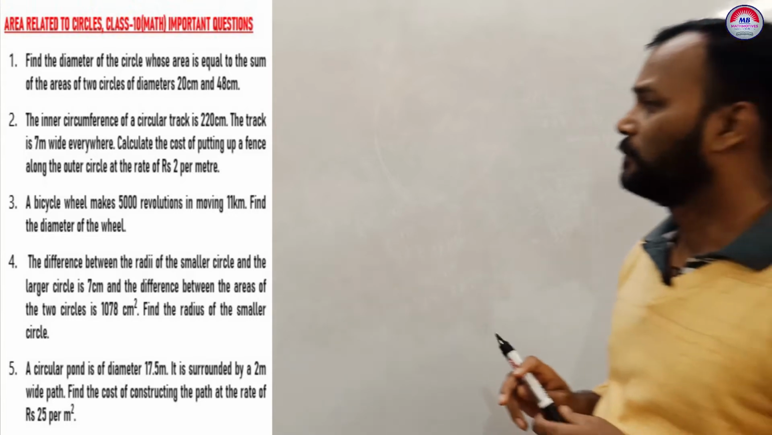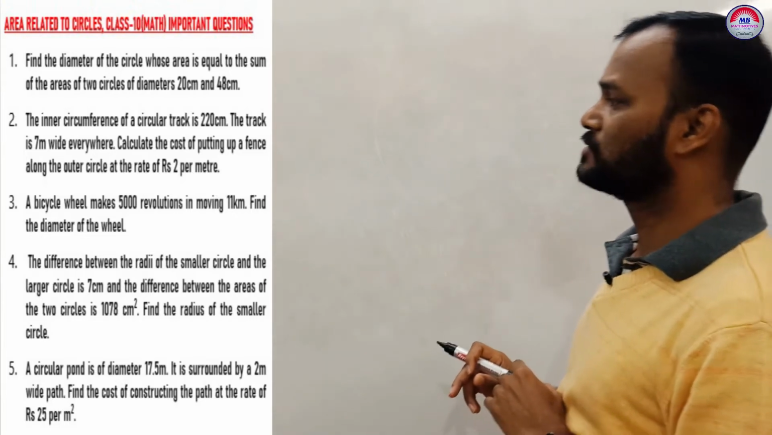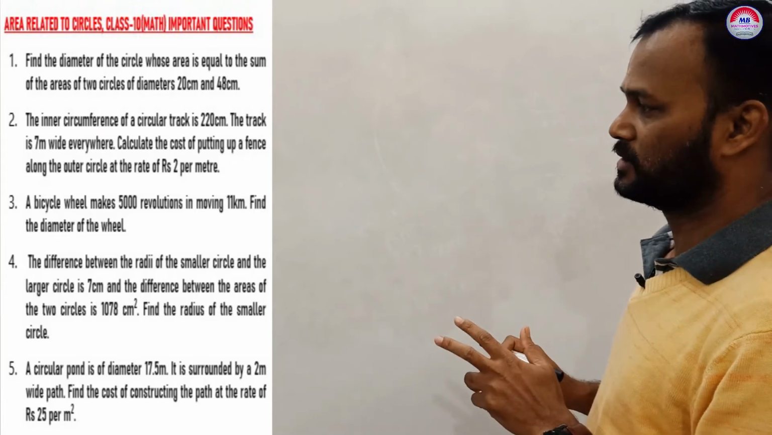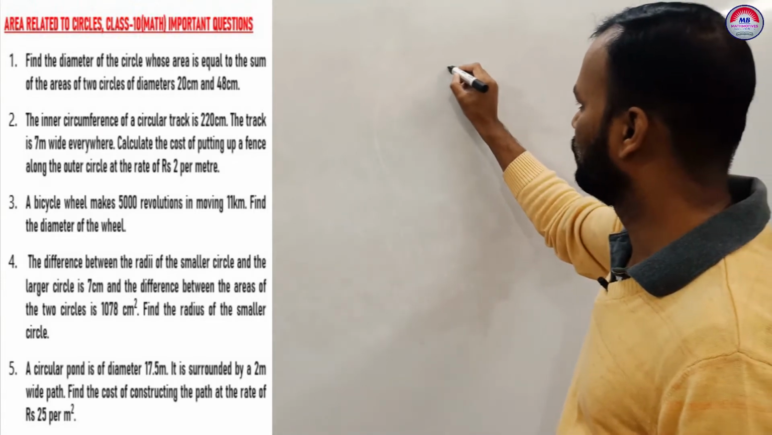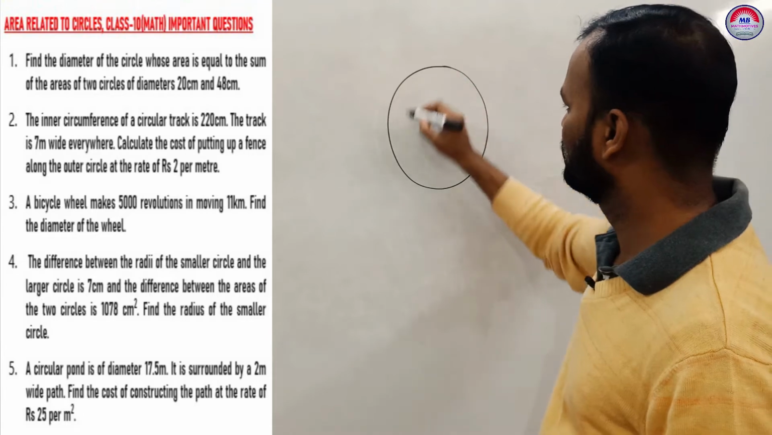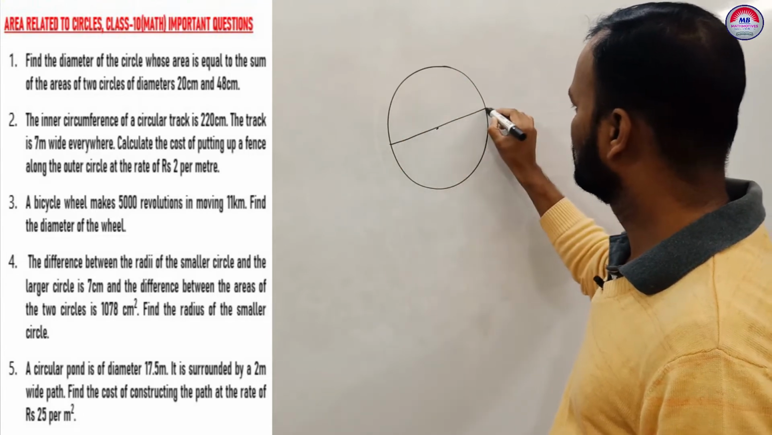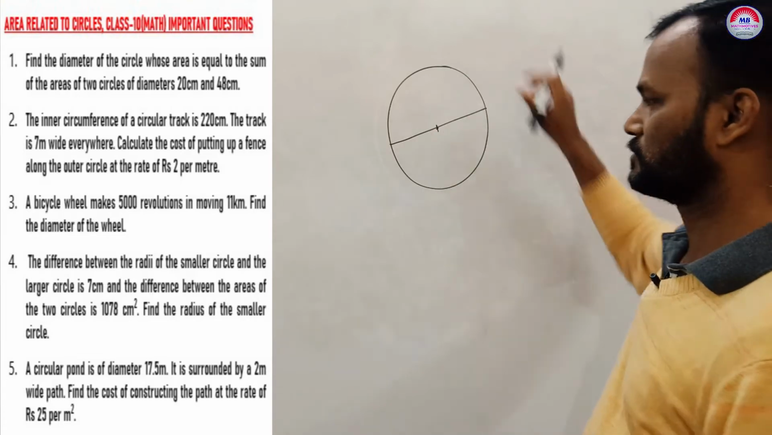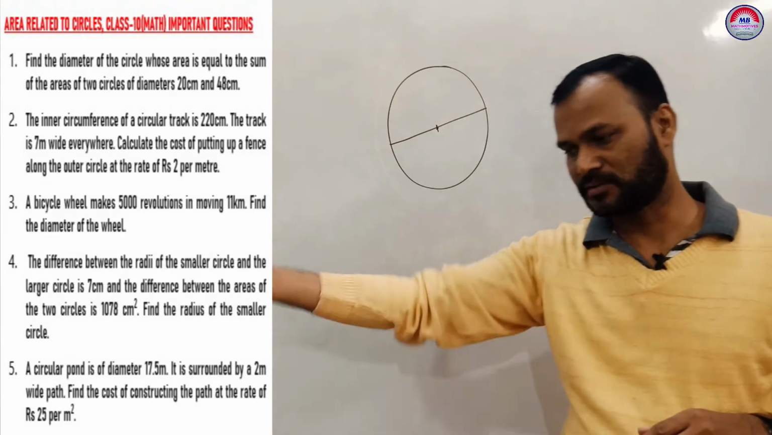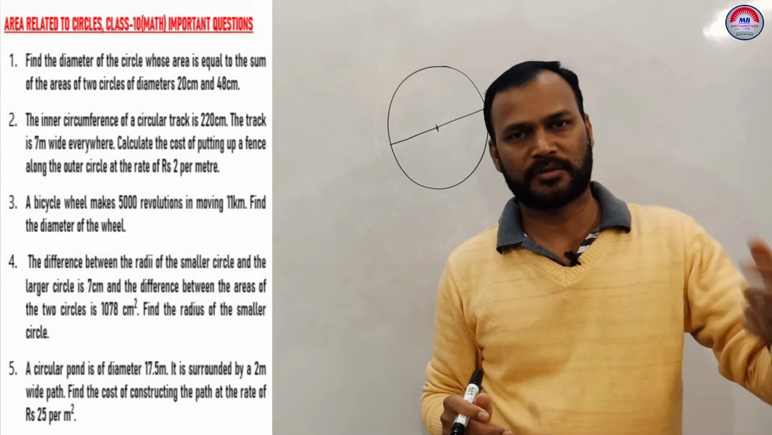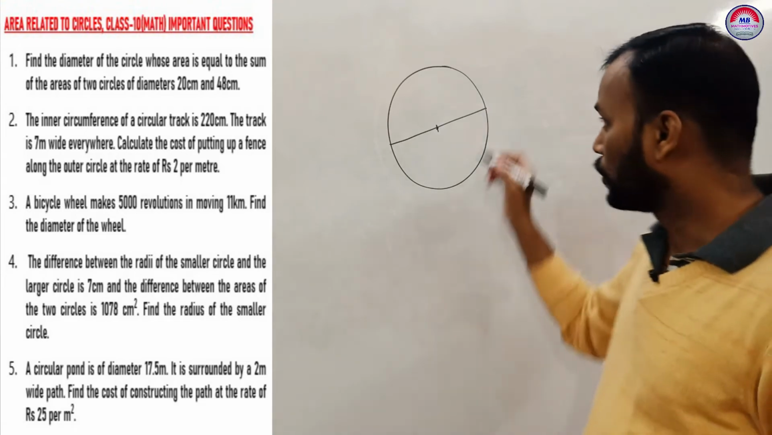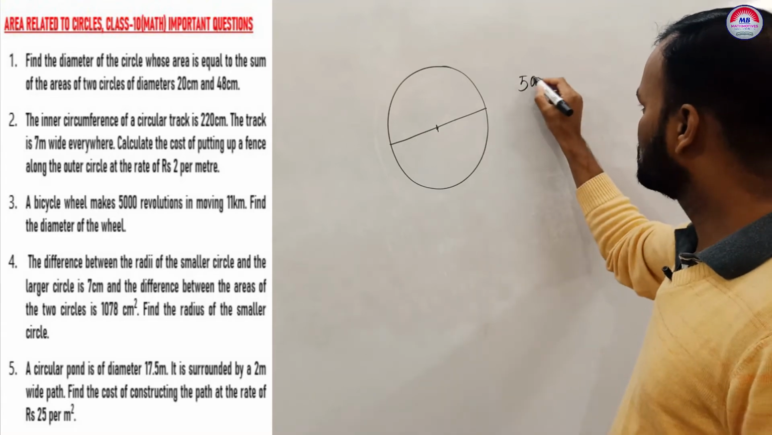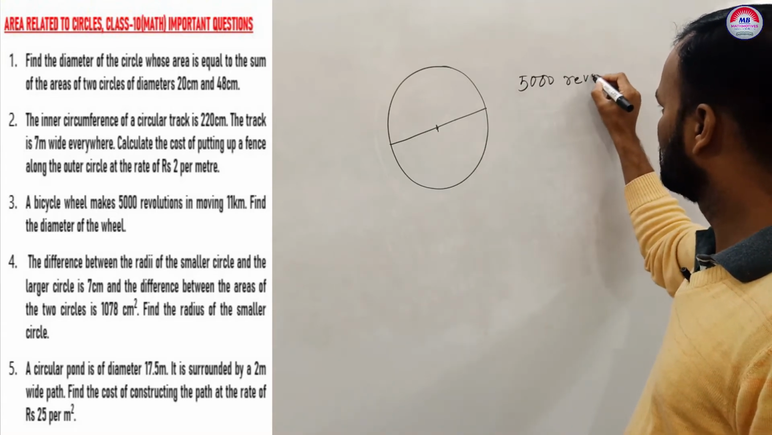Next, a bicycle wheel makes 5000 revolutions in moving 11 km. Find the diameter. See, it is a bicycle wheel. 5000 revolutions. In one revolution, it will cover its own circumference. In 5000 revolutions,